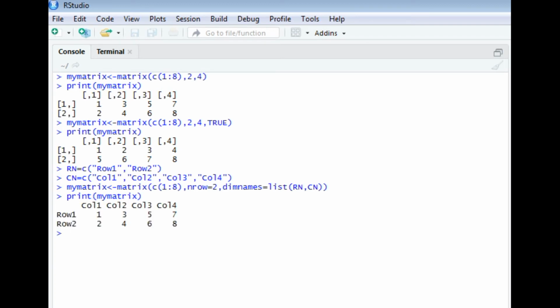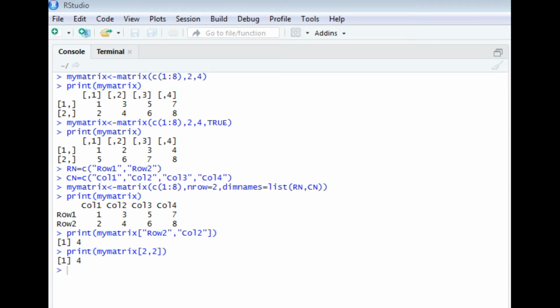What will be the output? See, the earlier indices, 1, 2, 3, 4 and 1 and 2, have been changed to row 1 and row 2, and then column 1, column 2, column 3, column 4. This is the easiest convention that we can follow for our matrix. So if we now print my_matrix["row 2", "column 2"], the output is 4. As you can see, row 2 and column 2 have the value 4 in the matrix. This can also be done with the help of the element number, if you provide it.